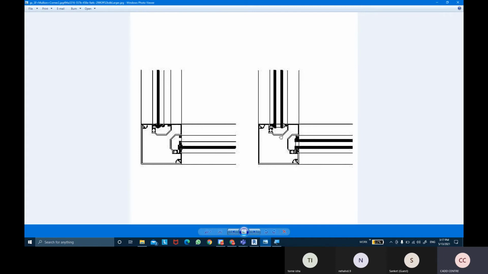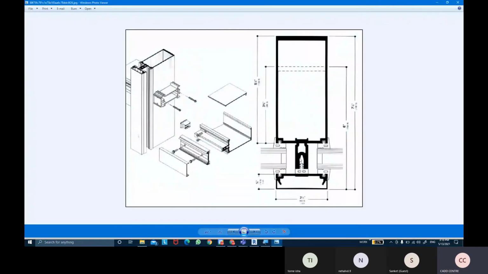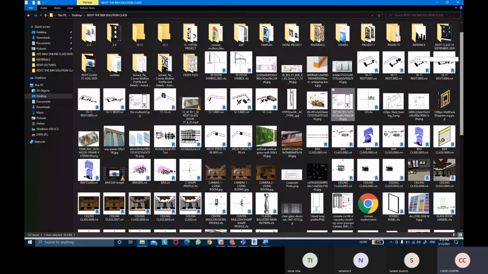Okay, and then we're gonna create these detail lines to get the detailing elements. So the detail lines need to be created something in this manner. So we need to have these line alignments, and even shapes like these. What do you call it?